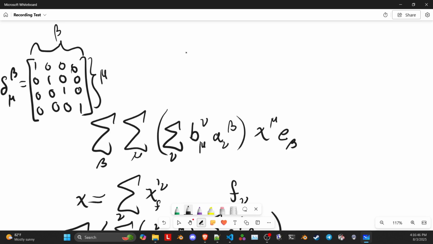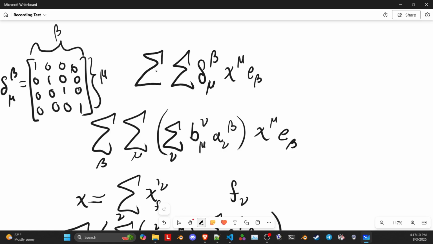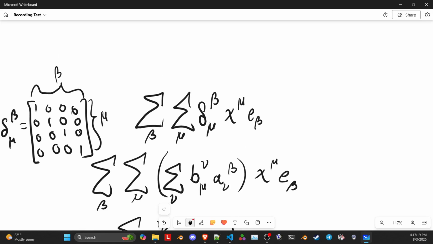Well, let's write that inner sum. We'll just say that the result is this delta, and it's mu on the bottom and beta on the top. Well, this inner sum disappears, but we still have our two outer sums over mu and beta. And we could rearrange these in either order, but in this case, since we have the mu on the inside,